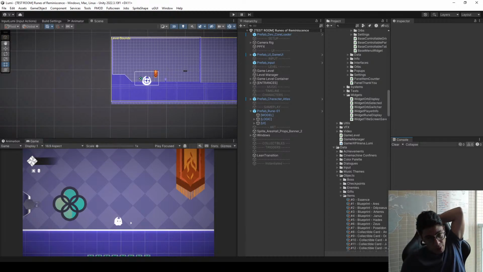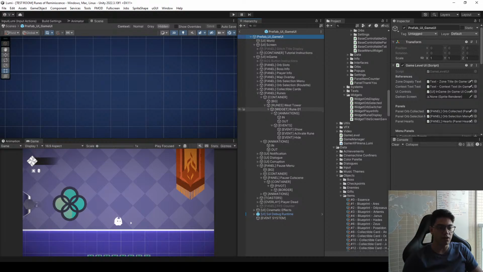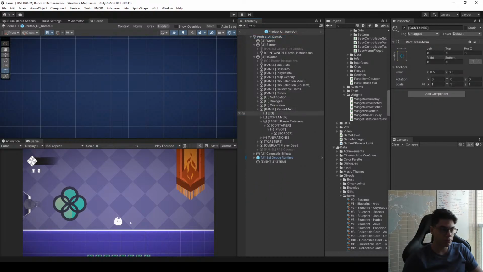I should probably add that to the actual UI. So, for example, what we did now is just an overlay that pops up when the player collects the thing. But